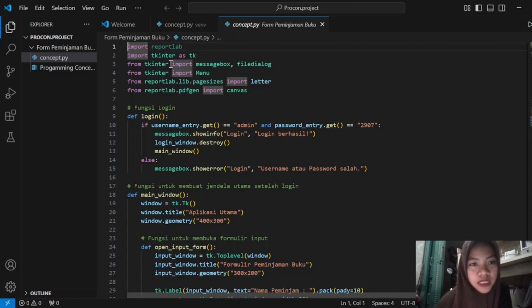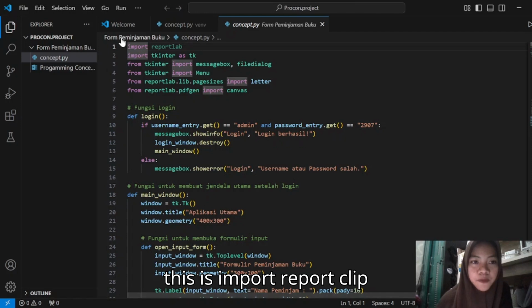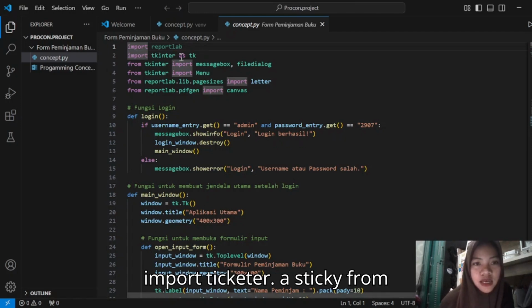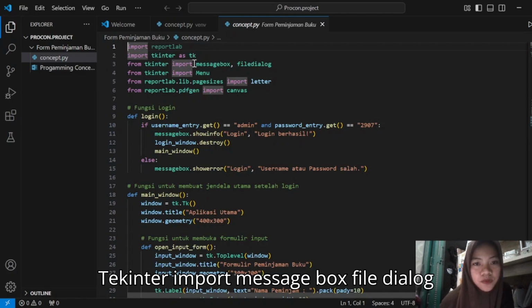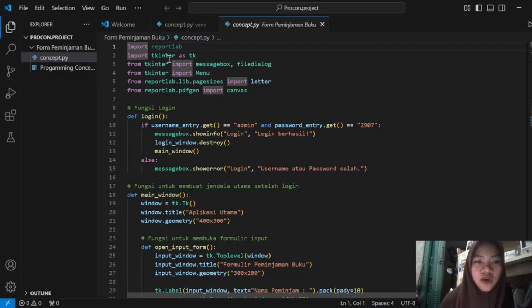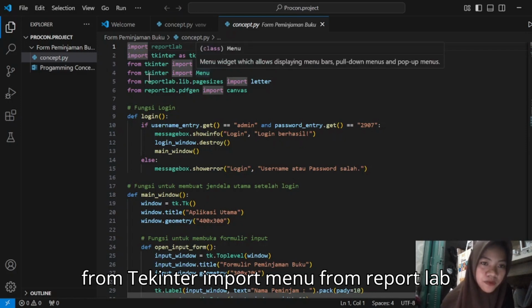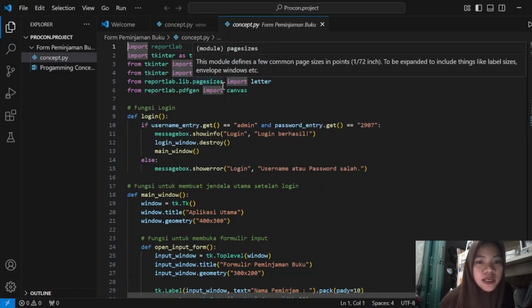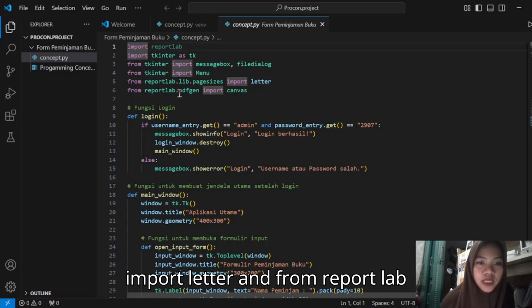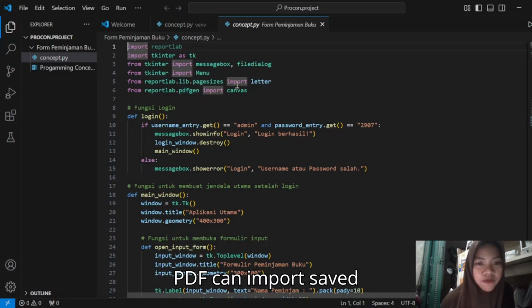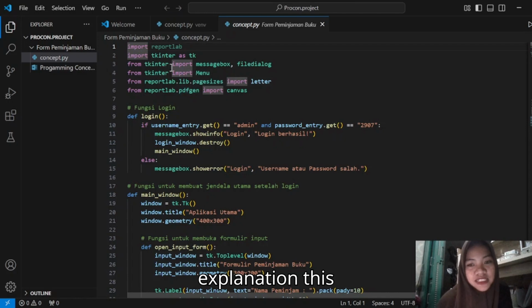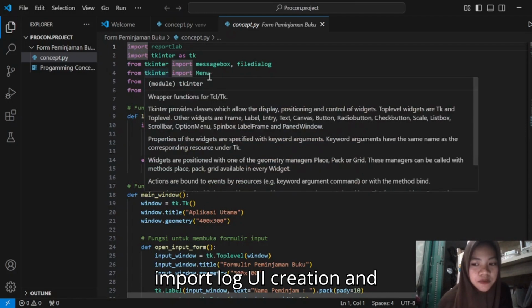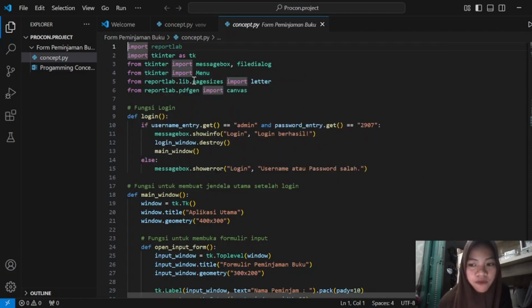For example, import tkinter as tk, from tkinter import messagebox, filedialog, from tkinter import menu, from reportlab import letter, and from reportlab.pdfgen import canvas. Explanation. These imports allow GUI creation and PDF file generation.